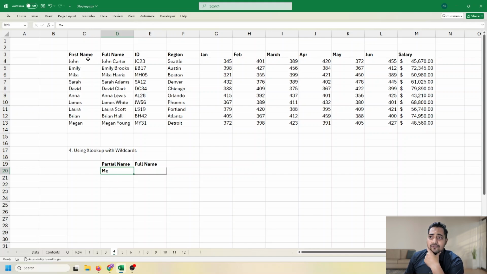Now I can get the full name or I can get the first name, but let's try to get the full name in this particular case. So I have a name starting with ME and I want the full name right here. Looking at this, ME clearly implies Megan Young here. If I had, let's say, JA right here, then it would have been James White and of course not John Carter. So how do we